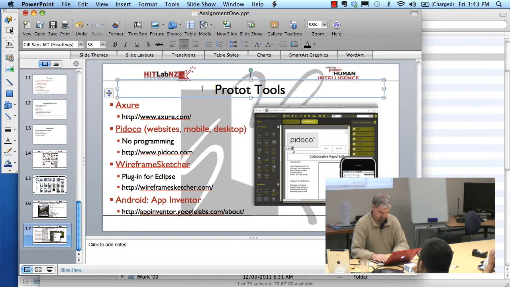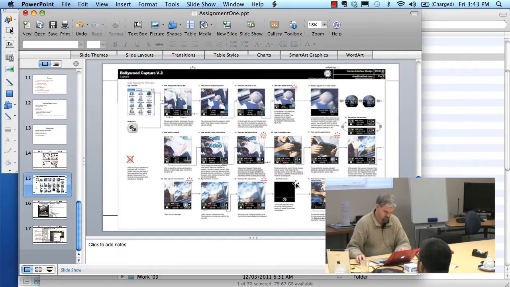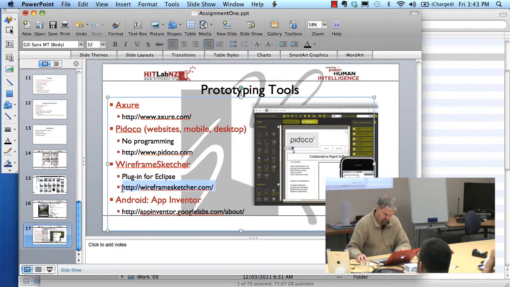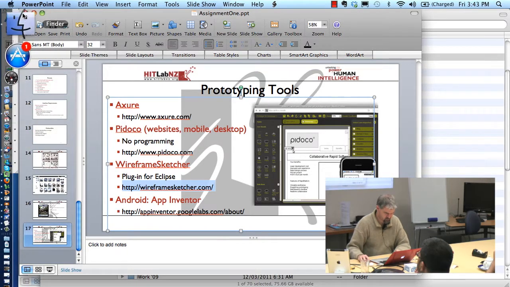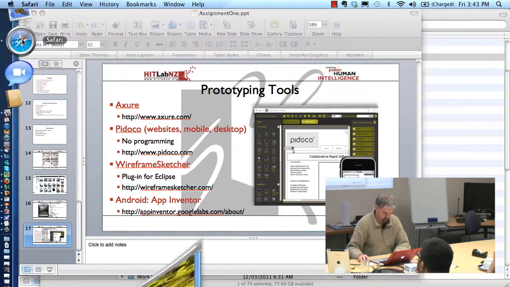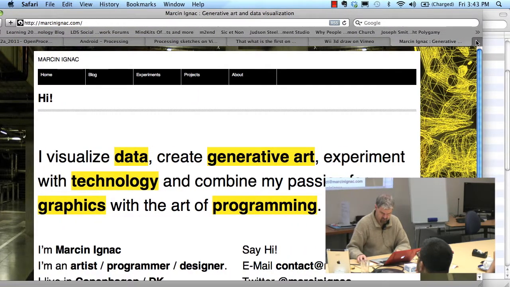It is a little bit confusing because Wireframe Sketcher, for example, what they refer to is they want to build something like this, but it actually has behavior. So if I go to the website, it could be useful for you because the website also has a lot of templates that you can use that have visual elements in it. So let me just grab